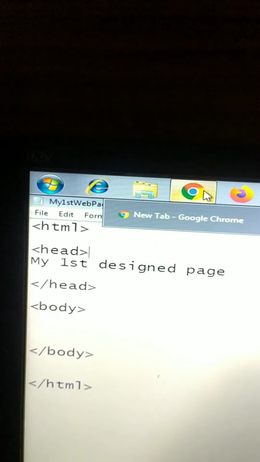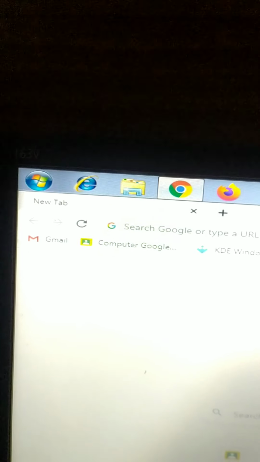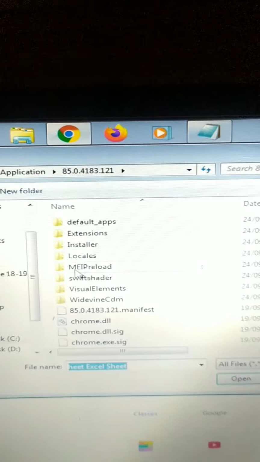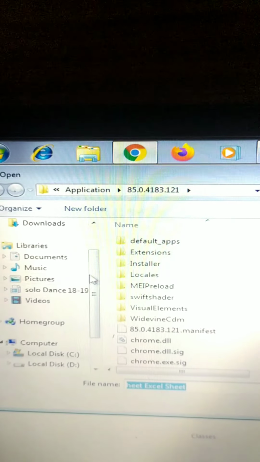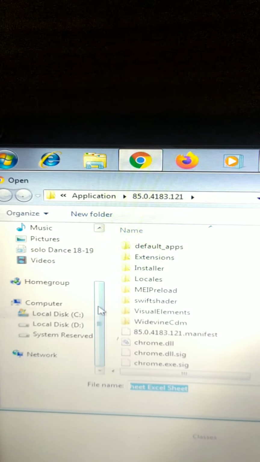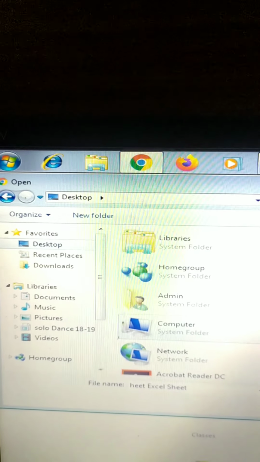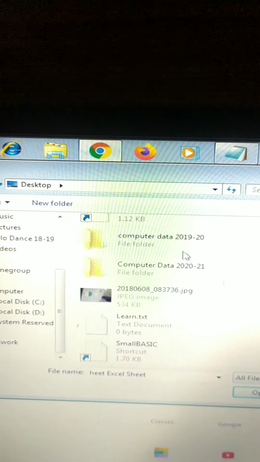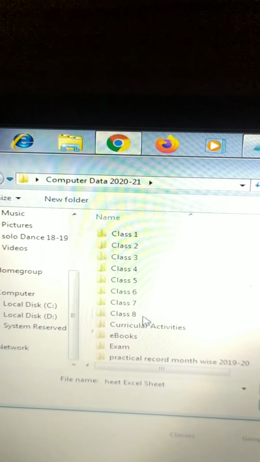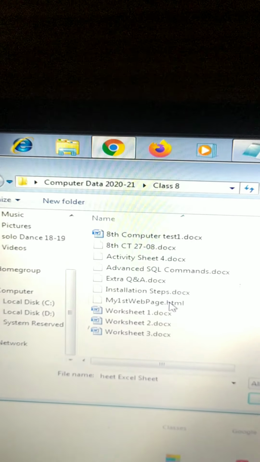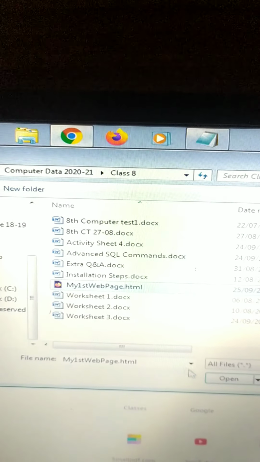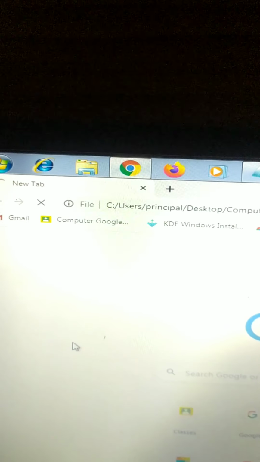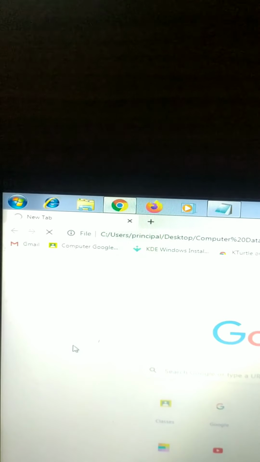Next, you have to open the browser. See, My First Web Page.html, and I'll open it over here in the web browser.